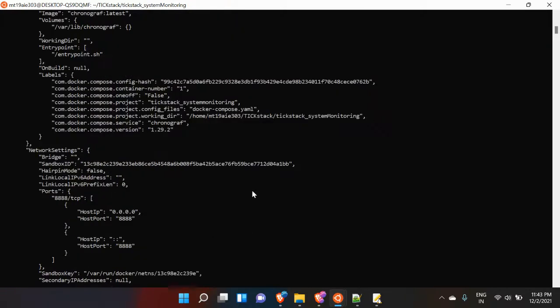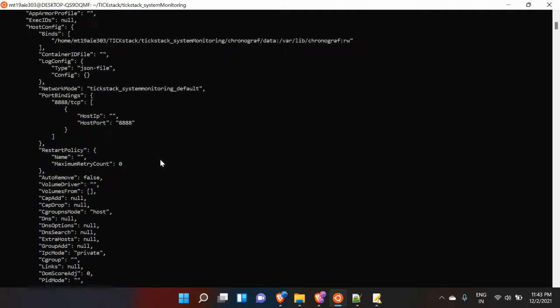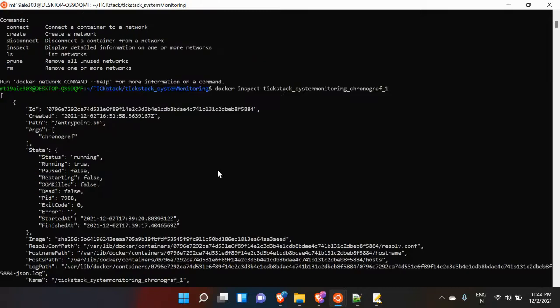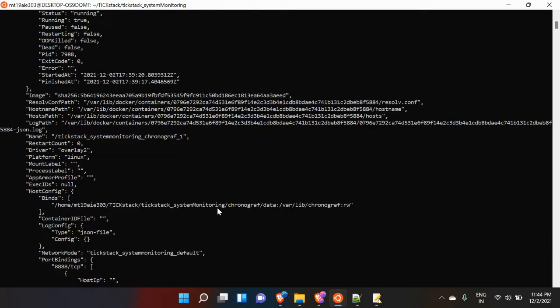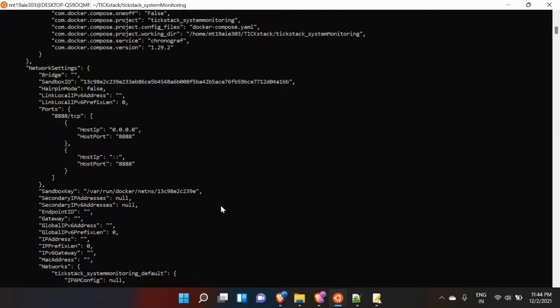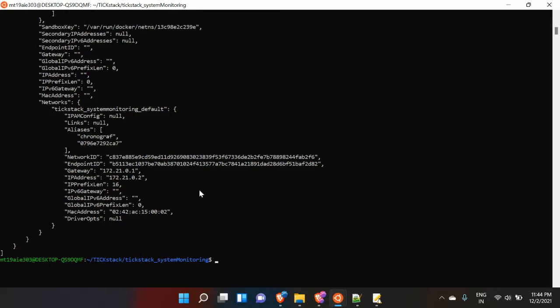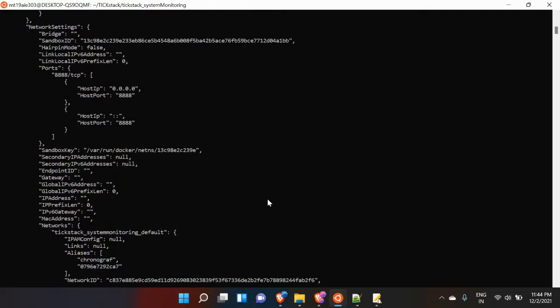So this is the network configuration of the container. By connecting a bridge network, all the four containers will make use of the host, which is my system's network, and make use of the internet connectivity.